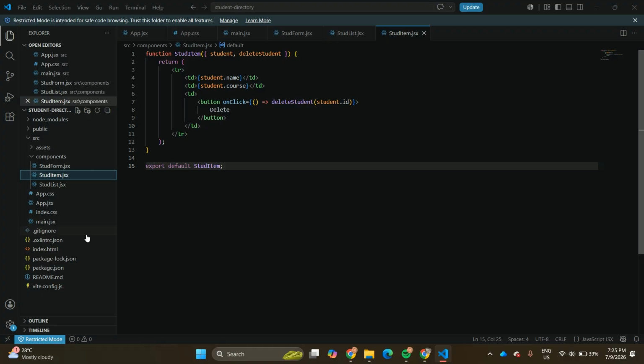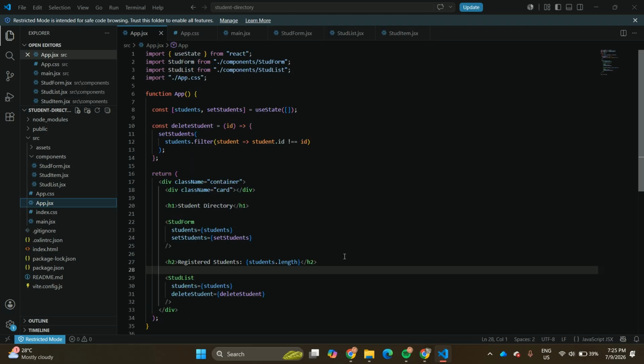So, first is this, the App.jsx. So, this is the main component. So, I use the useState hook para makastore sa students in an array form. And I also created the deleteStudent function para maka-remove sa student from the list